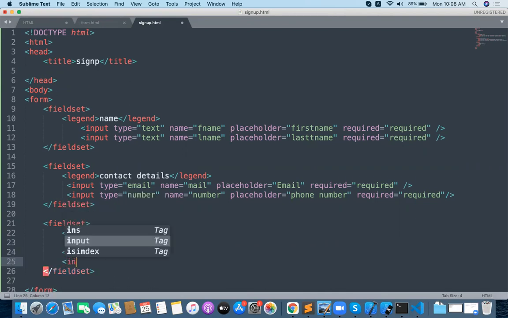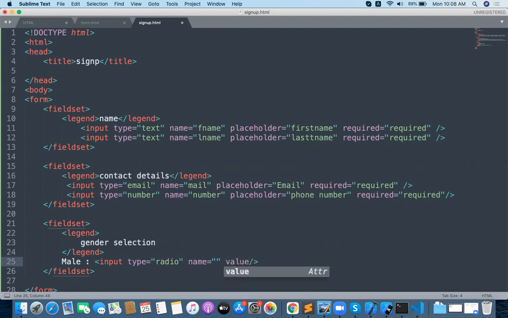After that, I want to go with the input type radio, and I want to provide a gender value, something like male. So name and value: name is gender, value male. Okay, fine. This is the male selection.